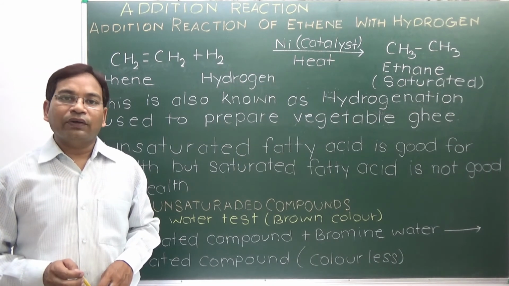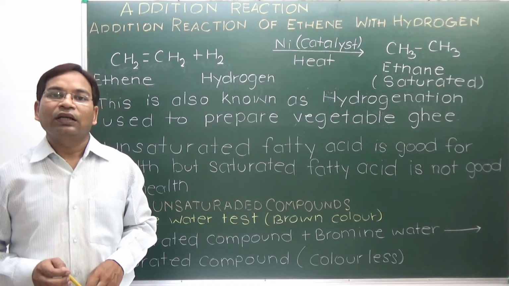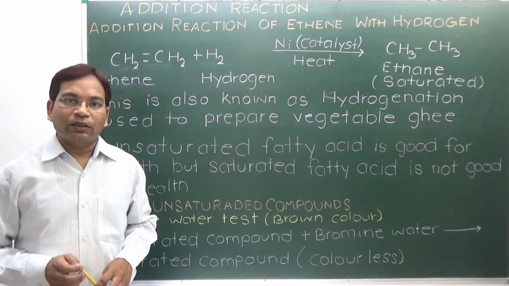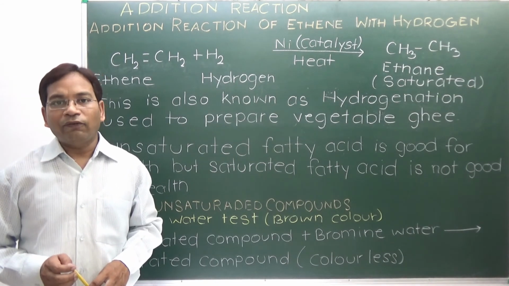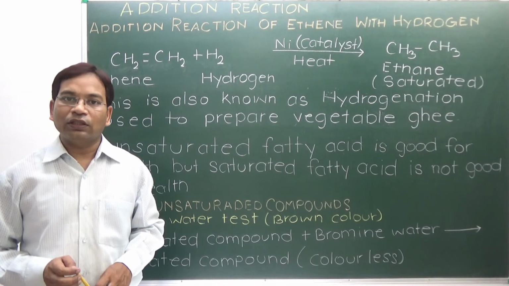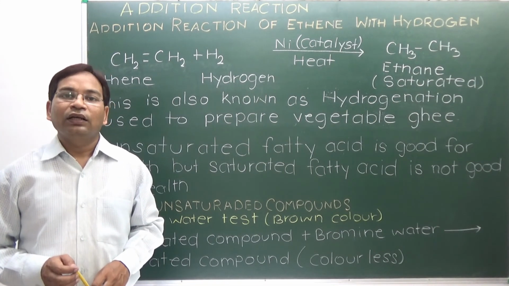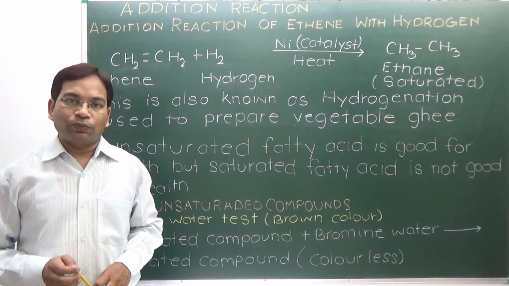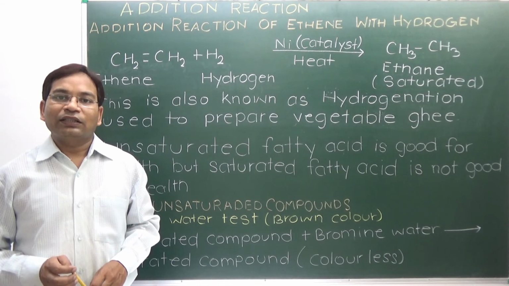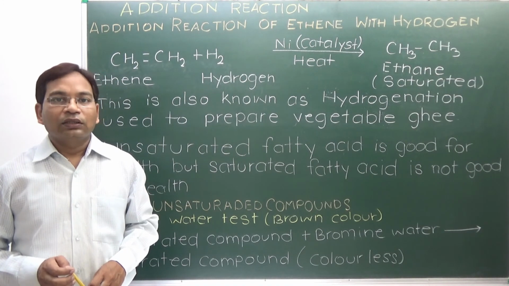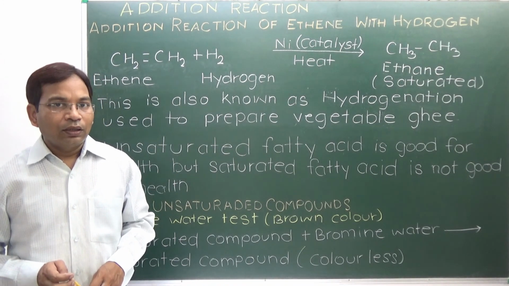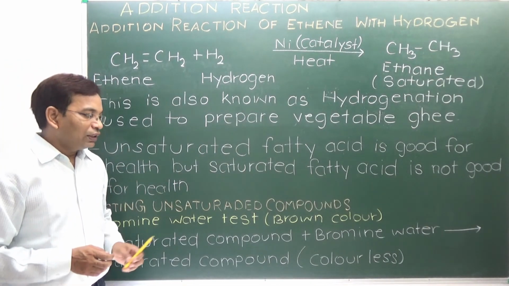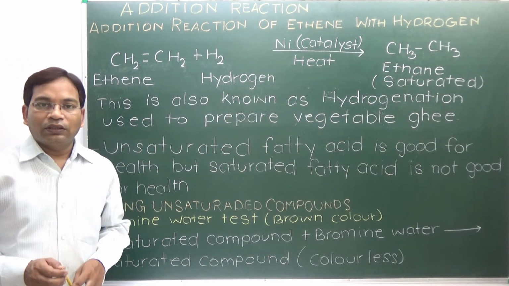The formation of a colorless product reveals that the compound contains carbon-carbon double bond unsaturation. After reaction, the unsaturation goes away because of the addition of bromine and formation of a saturated bromine product, which is colorless, showing the compound contained a double bond, that is, it is unsaturated. By this we test for unsaturated compounds.